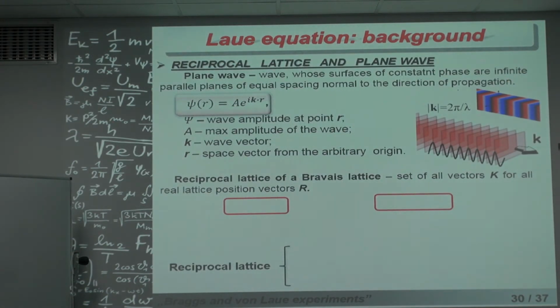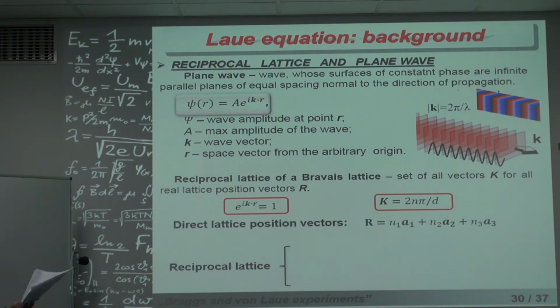Some physical background: a plane wave is a wave whose surfaces of constant phase are infinite, parallel planes of equal spacing, normal to the direction of propagation, described by this formula. Once more about the reciprocal lattice vector of a Bravais lattice: it is the set of all vectors K for all real positions R, described by these formulas,